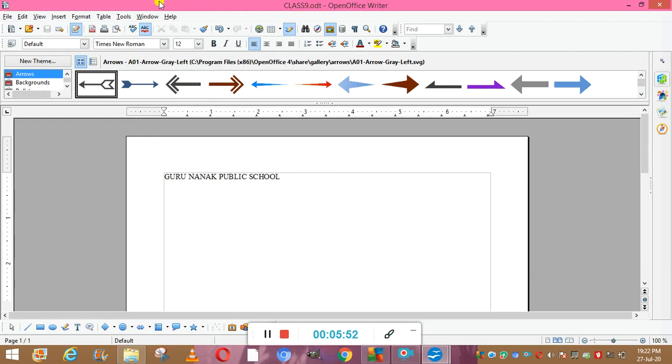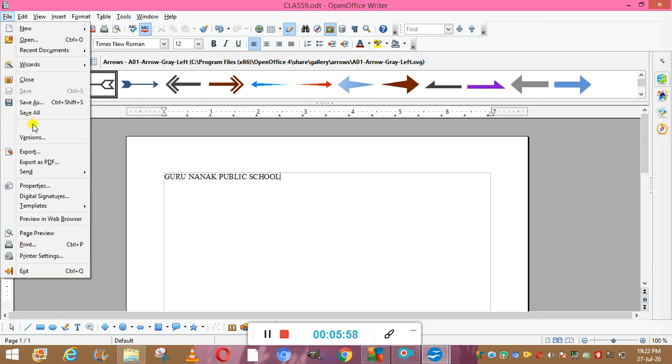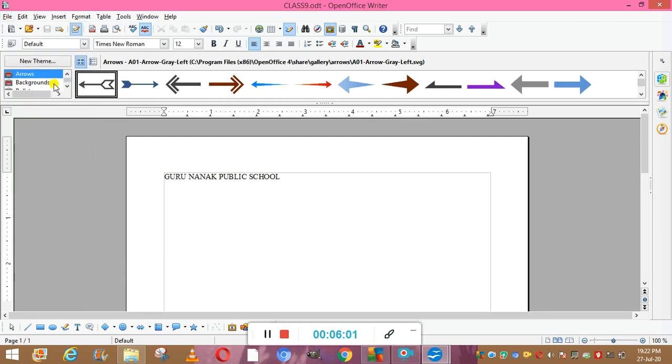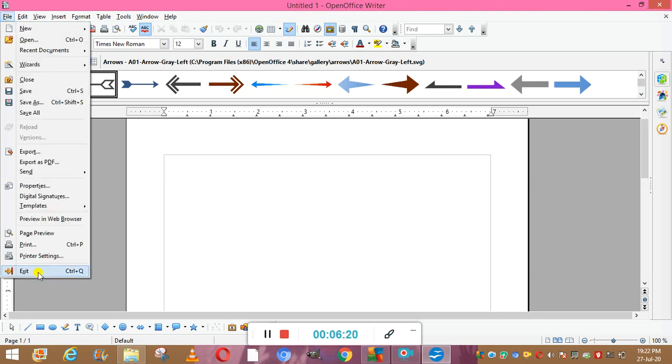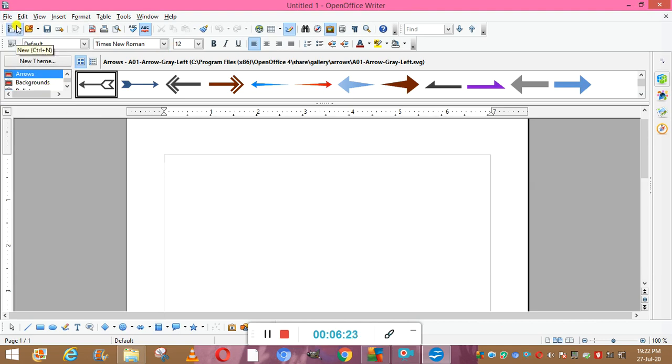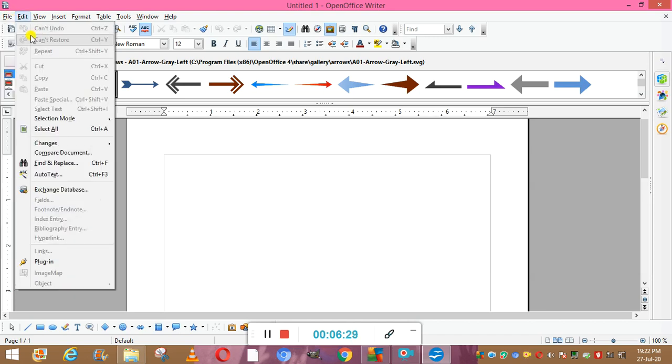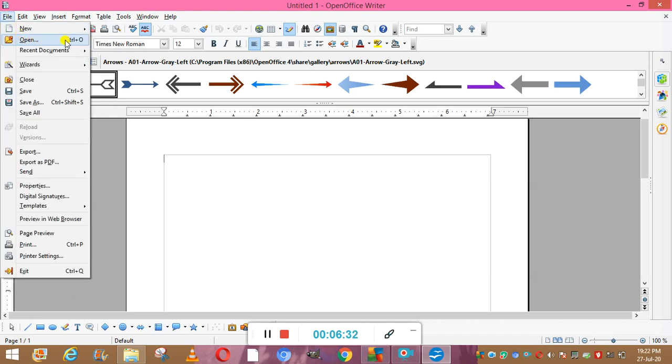How can we close a document? To close a document, you can click on the file button, then click on close. Close means you are closing your file. So untitled 2, that was named class 9, that file has been closed. But if we want to exit from this document, to come out totally, you will either click on this cross, or go to the file option and click on exit, then you will come out of the document. And next is how you can open an existing document. We will go to the file option, then click on open, and the shortcut key is Ctrl plus O.